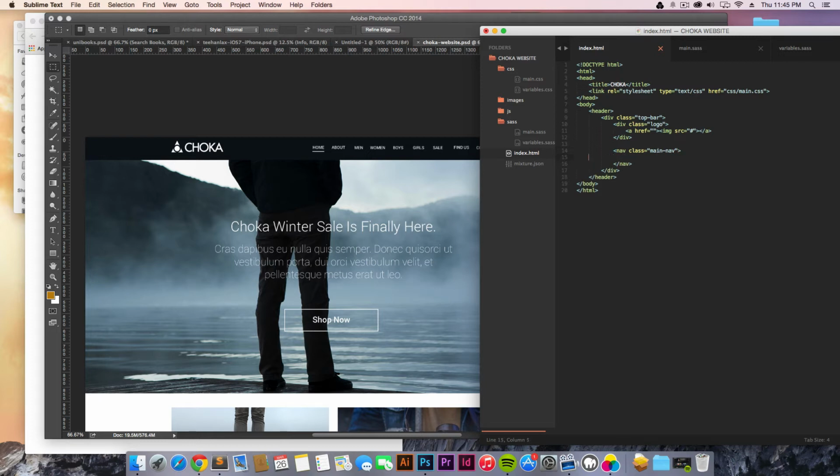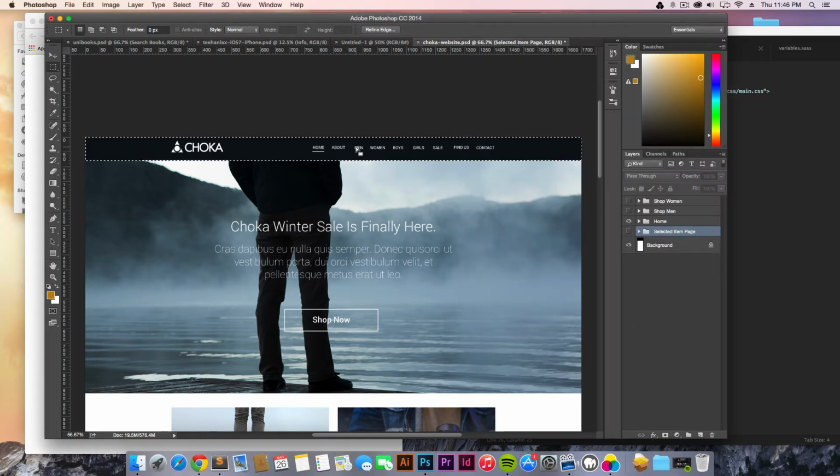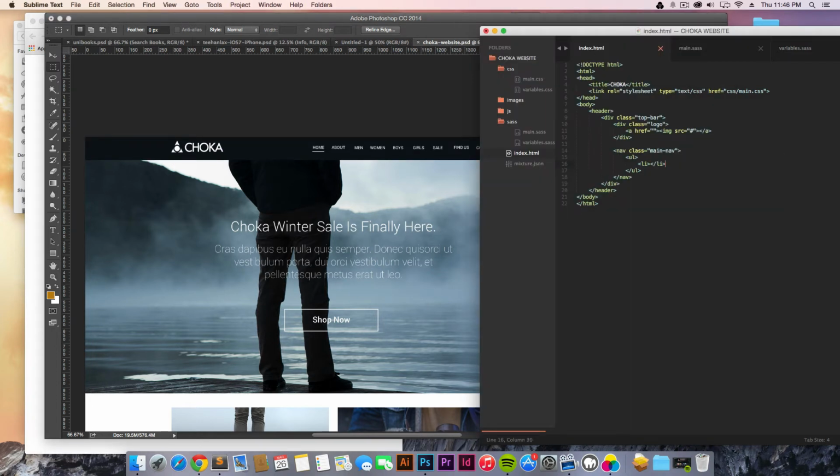Alright, in this nav we have a UL, which is an unordered list. In this unordered list we have, let's see, 1, 2, 3, 4, 5, 6, 7, 8, 9. I'm just going to go ahead and copy this. 1, 2, 3, 4, 5, 6, 7, 8, 9. Alright, in this LI, we're going to make,